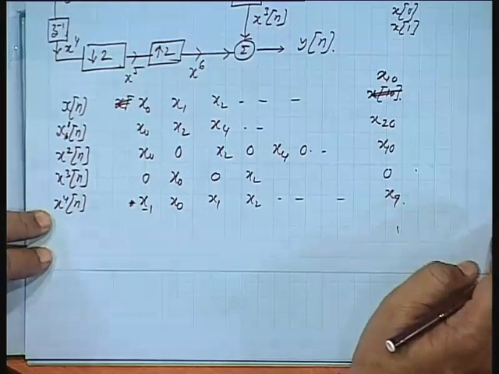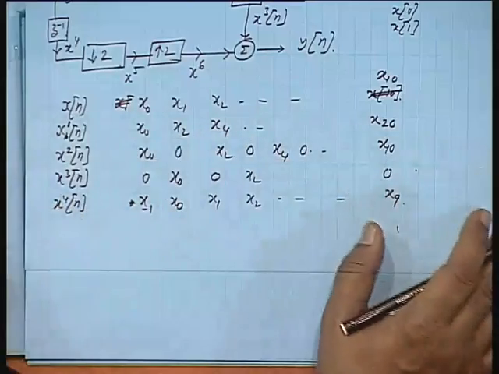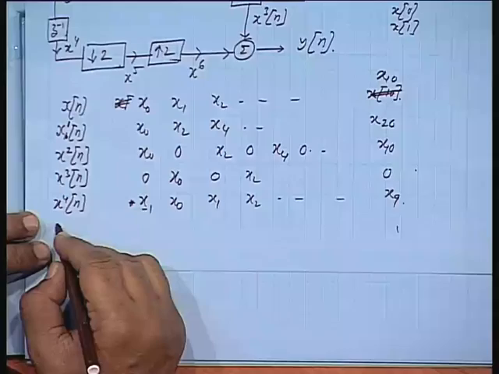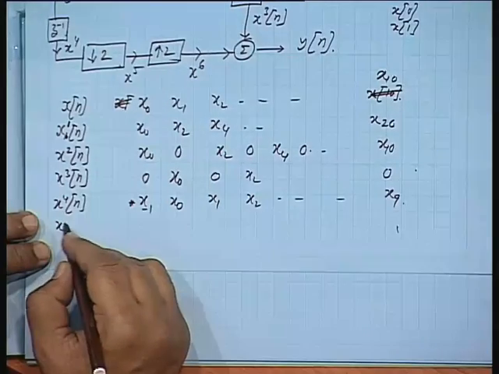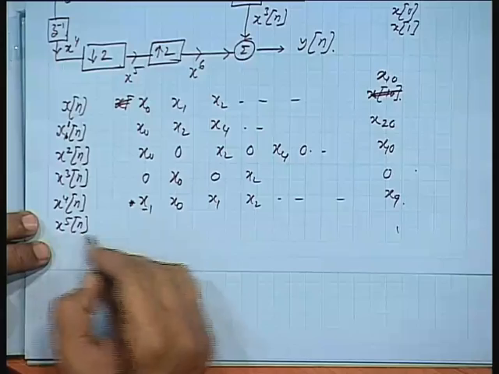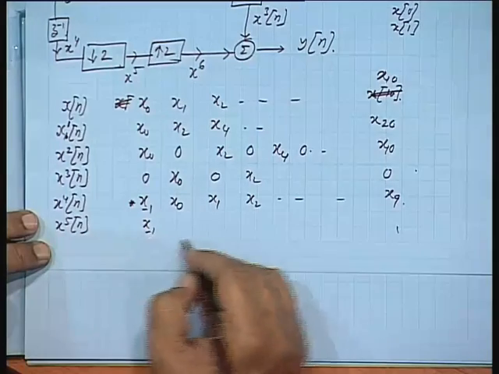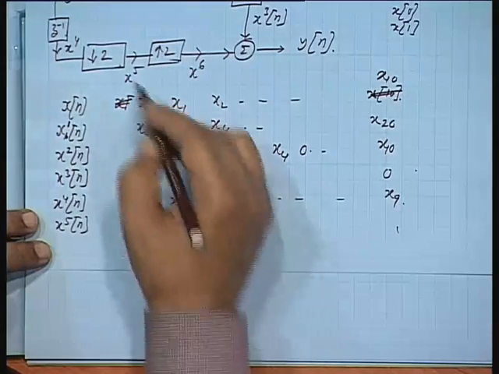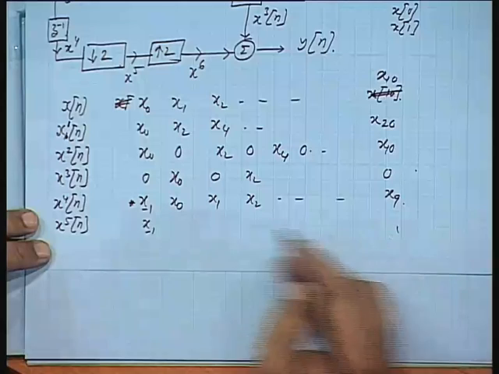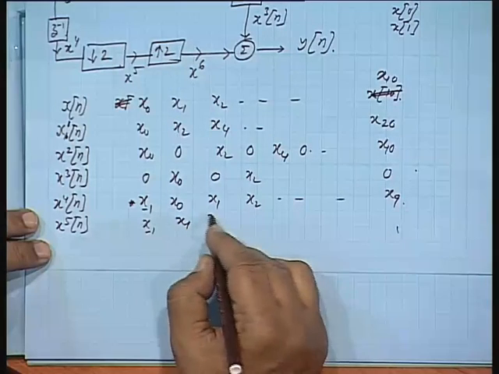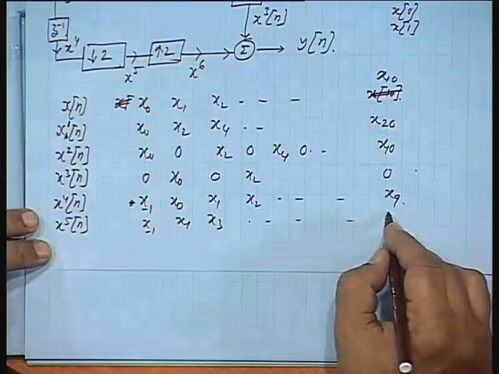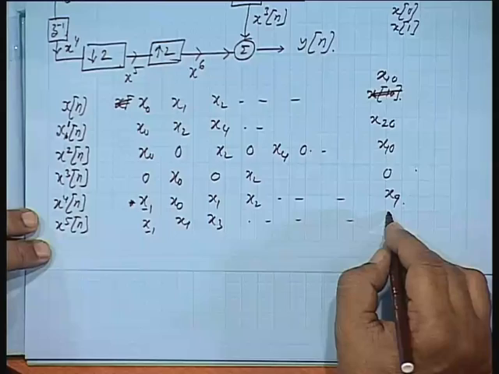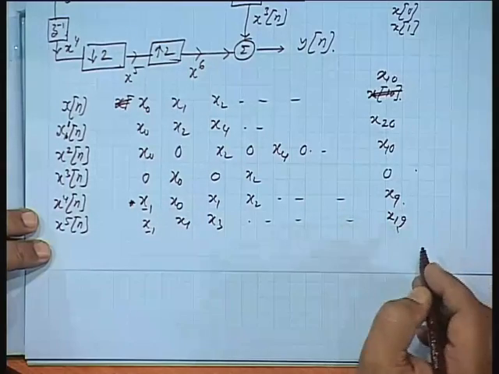Okay. The entire thing has been given a shift. x5 will be x minus 1, then it is downsampled x1, x3 like that, x19, okay,